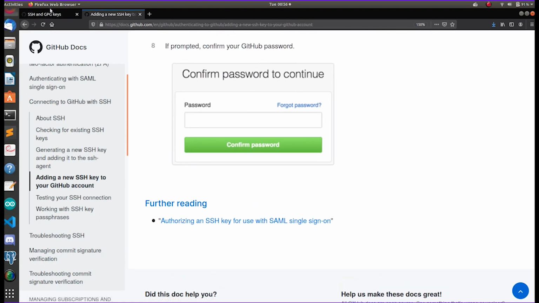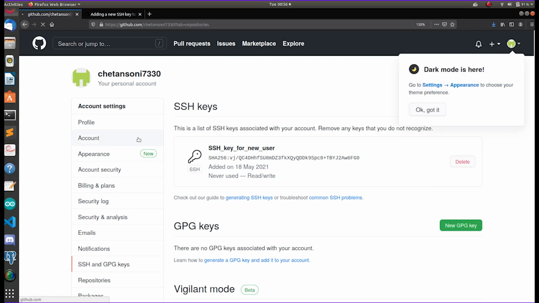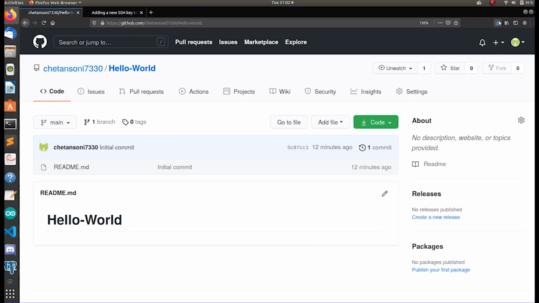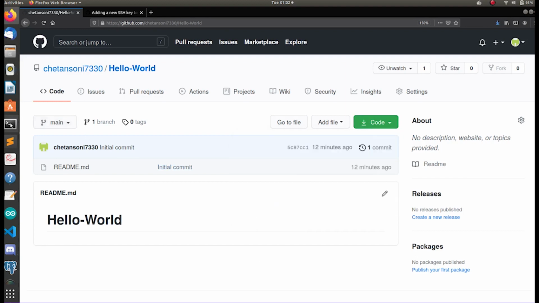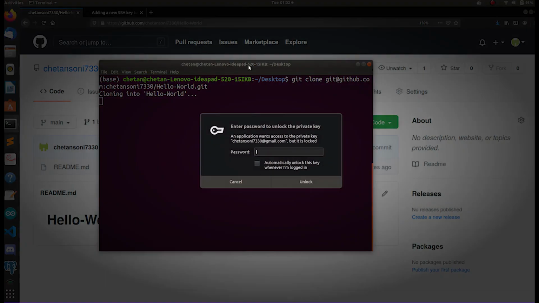Now at the last, let's test whether our system is working or not. For that, go back to the repository and copy this link, which is the SSH link. Now I am heading over to my desktop directory. Now I'm cloning this repository. So git clone and paste the link that we just copied.